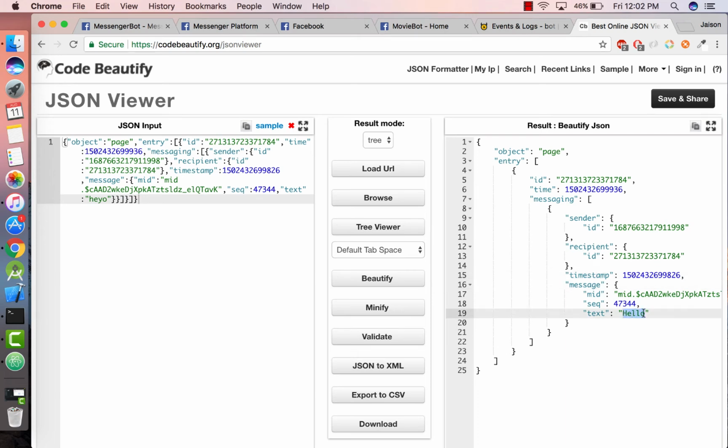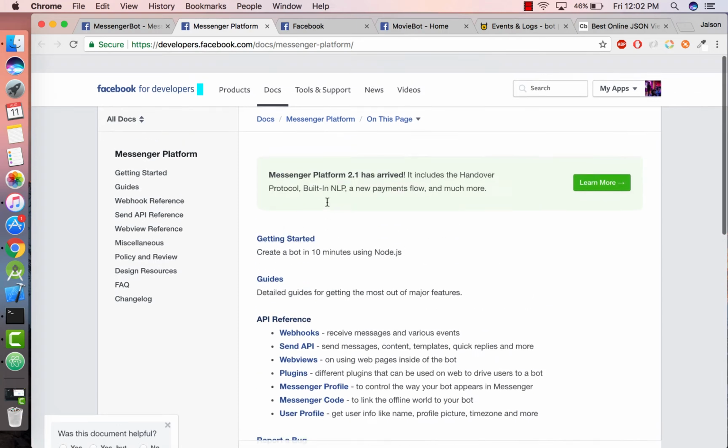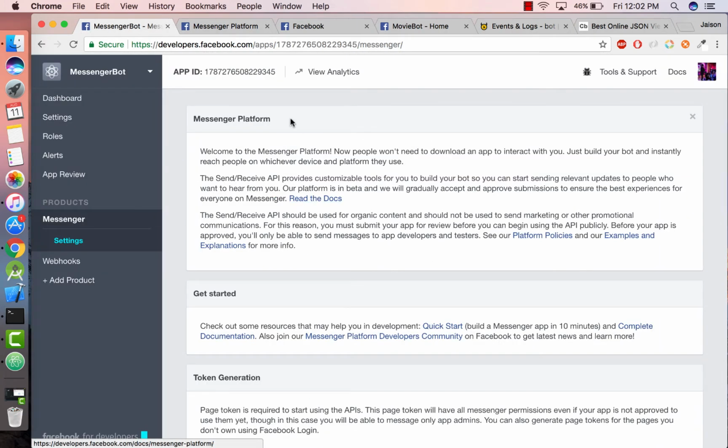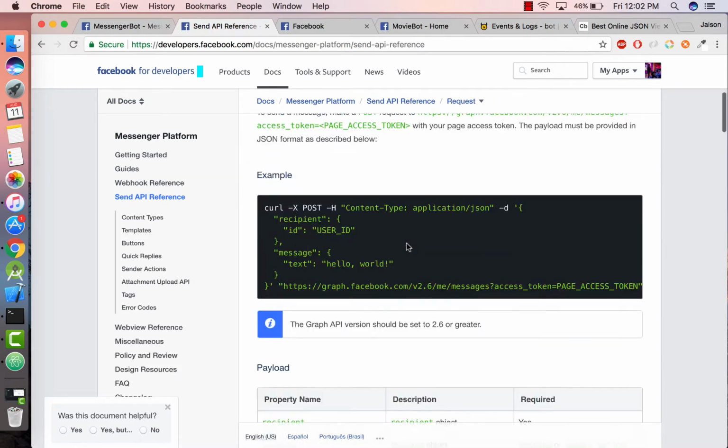Now that we know what sort of message is being sent by the Facebook servers to our server, let's respond back to the user sending the message with a hi or something temporary. So for that, we need to know how to send a message. By the way, you can get to this page by clicking on the read the docs bit on the Messenger platform. So the send API is basically